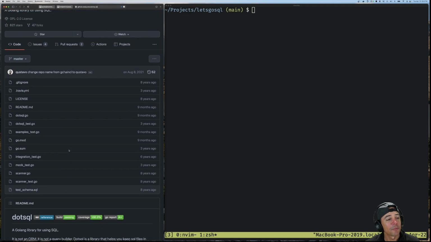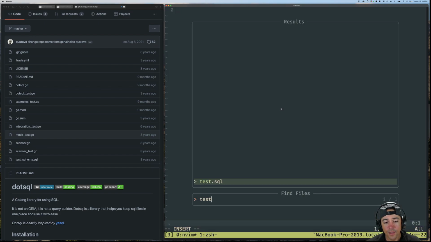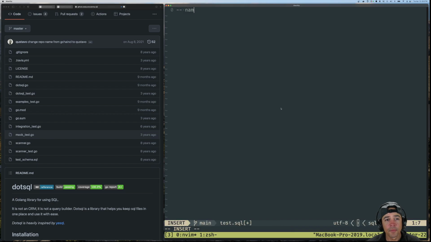This was written a long time ago. All right, so I think actually, you know what? I'm gonna start with the input, right? So I'm just gonna have test.sql, and then we're gonna have, you know, this is a comment but not a name. This is also a comment, right? So it's supposed to be a sort of pathological comment thing, so I can read it and it'll be okay. So name